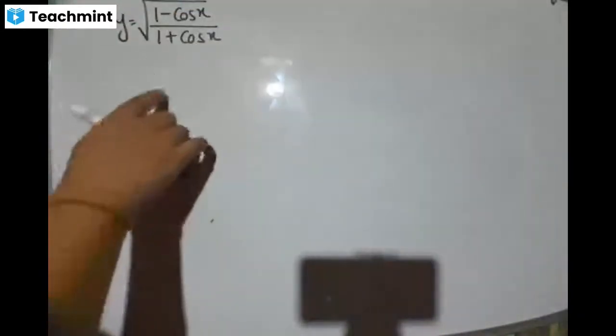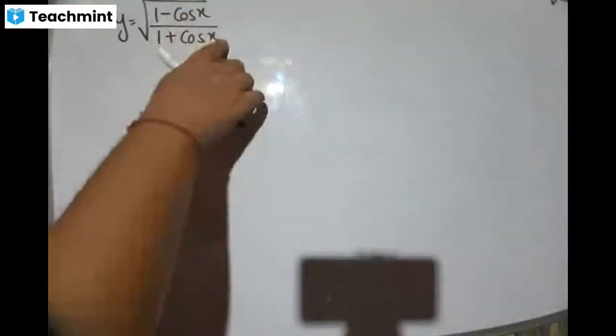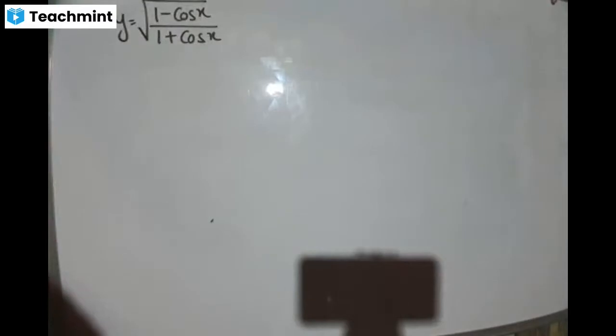Derivative of root x is 1 by 2 root x. But this is just an assumption. So this is division, so we use the quotient rule. The solution becomes long, lengthy. So whenever you come across a trigonometric function, the first thing that should come to your mind is I have